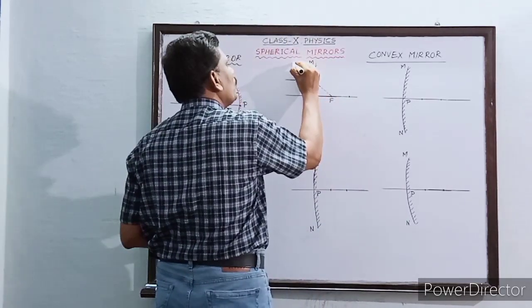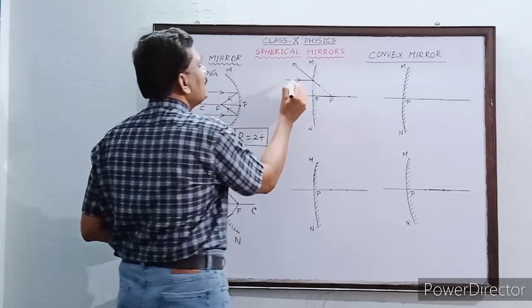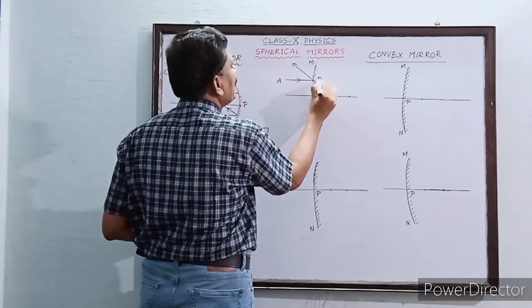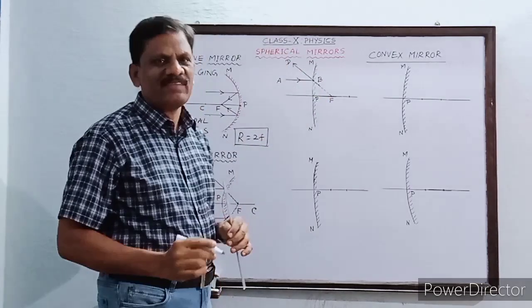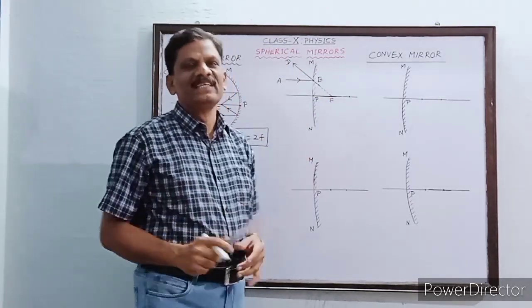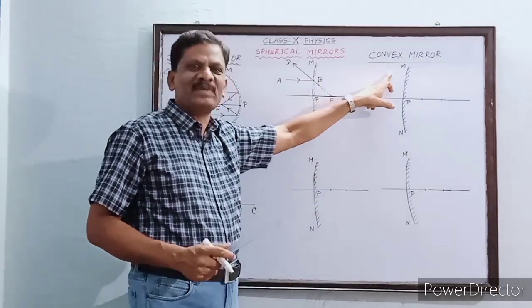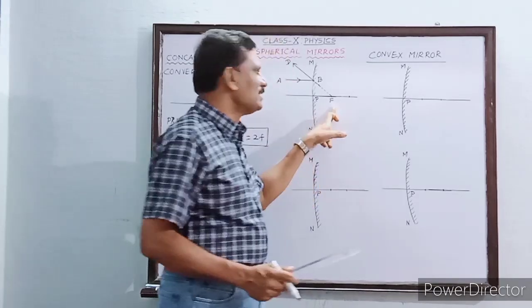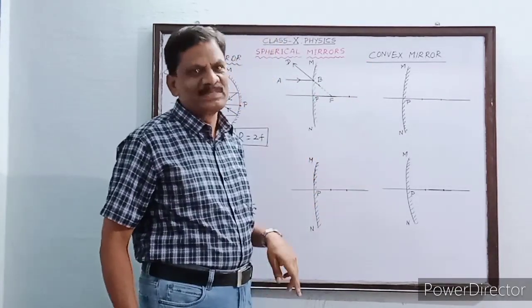This is the actual reflected ray. Understand? So for example, let us say AB is the incident ray and BD is the actual reflected ray. It is a diverging ray, is it not? Because the mirror is what? A convex mirror, it is a diverging mirror. So the light appears to come from which point? The principal focus, which is behind the mirror in the case of a convex mirror.